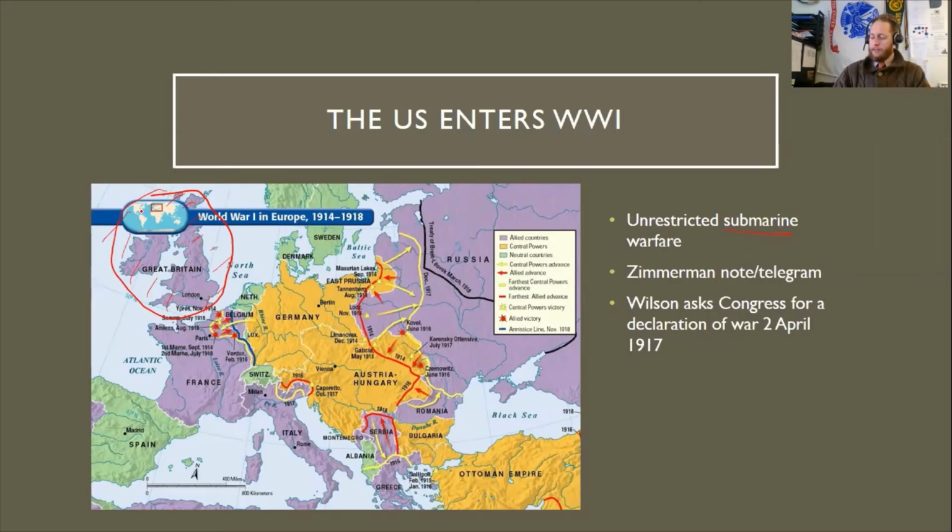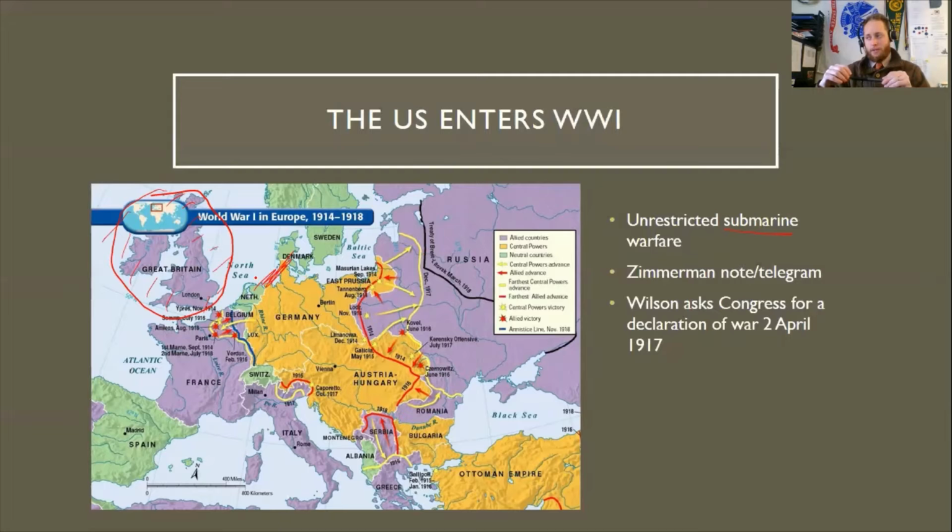This was, in effect, a hope by the Germans to cut off Britain from trade with the rest of the world and help starve the country into submission, much like how the British had used their above-water navy to cut off Germany from trade with other countries as well. So it was kind of both sides trying to starve out the other with their navies.